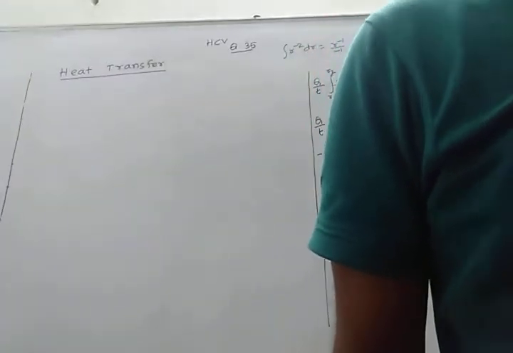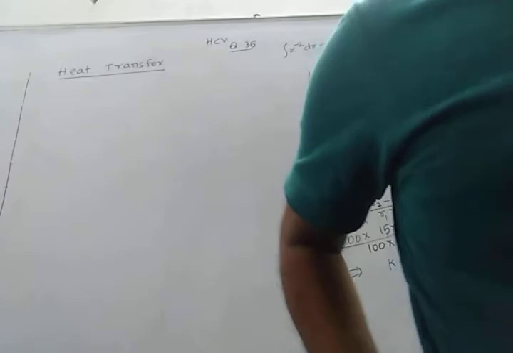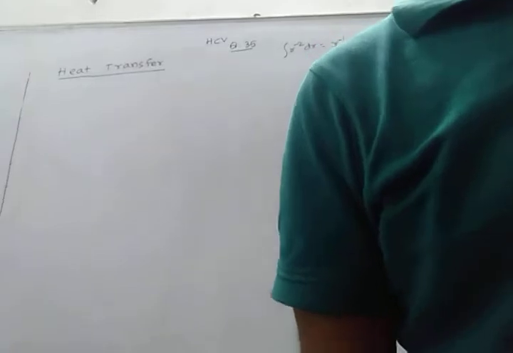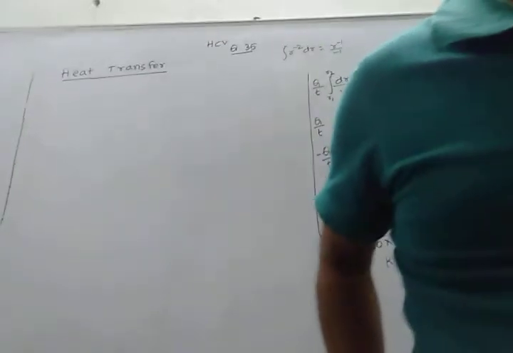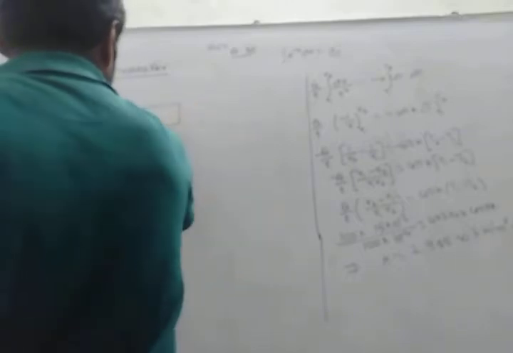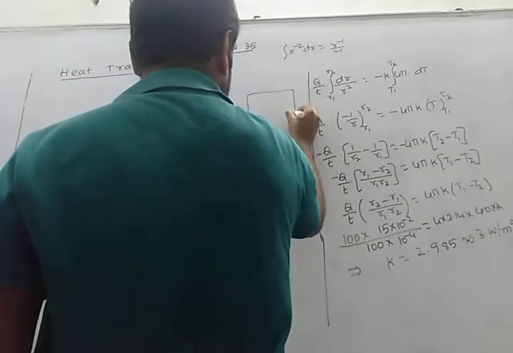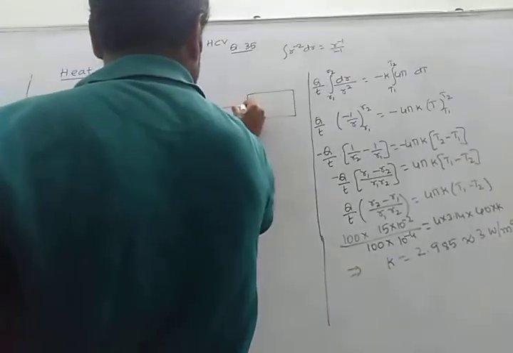Find the time taken for the difference between the temperatures in the vessels to become half of the original value. I need to find the time at which the temperature difference becomes half of the initial value. The specific heat of water is S, and neglect the heat capacity of the rod and container and any loss to the atmosphere. Here we have two containers, such that there is a rod which is connecting between them.